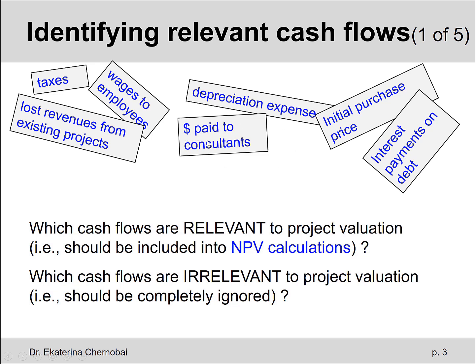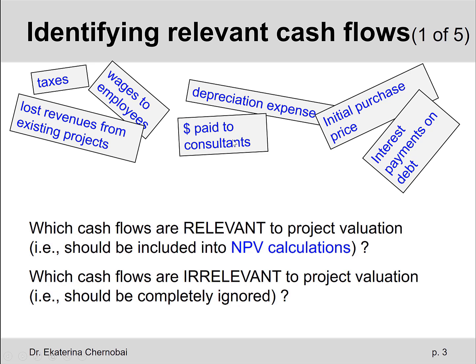This is the money that has already been paid before we are making our decision to accept or reject the project, right? So it's not like if we decide to reject this project because the NPV is negative, we would then come back to our consultants that we were working with on some, maybe market analysis related to this project, and ask them to pay us the money back, right? This money will not be recovered anymore, whether the project is accepted or rejected. And because it already occurred in the past and cannot be recovered, we call it a sunk cost.